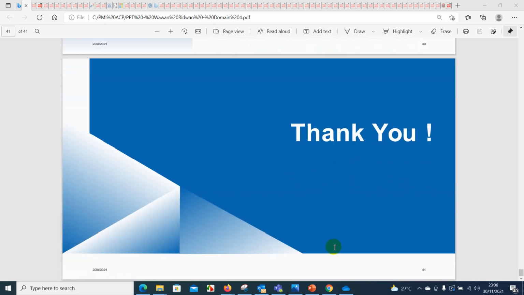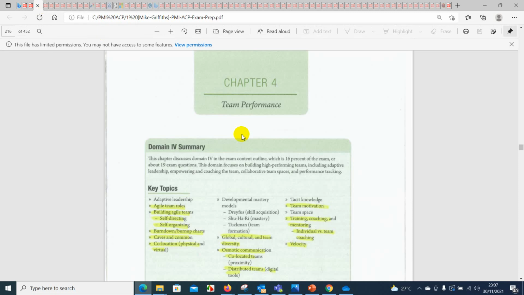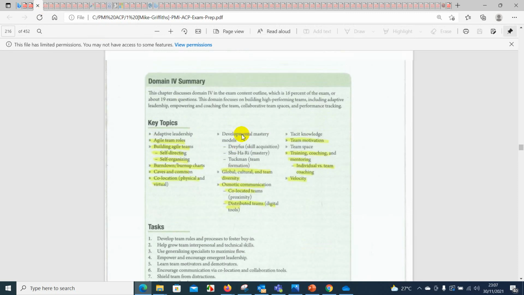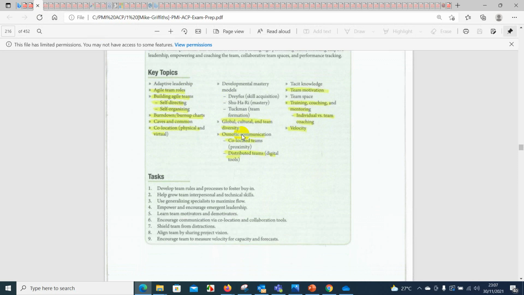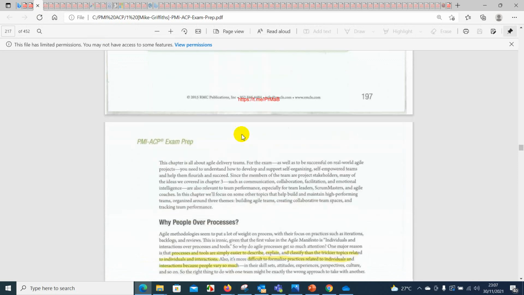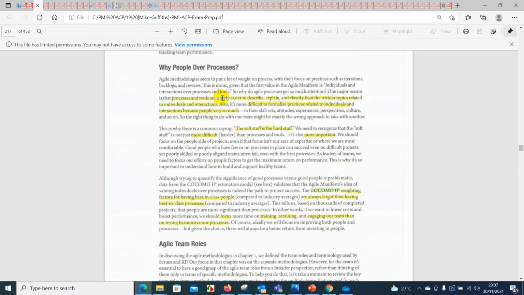Thank you. Oke, itulah terkait domain 4, di mana di Griffith juga tadi udah dibahas ya, ini hanya bahas terkait buku Griffith-nya ya. Oke, tadi sudah dibahas. Terus juga over process and tools.